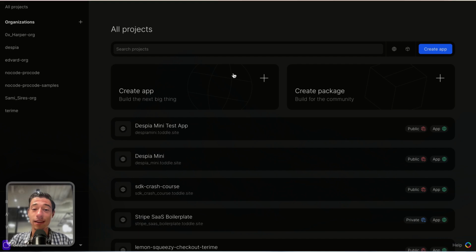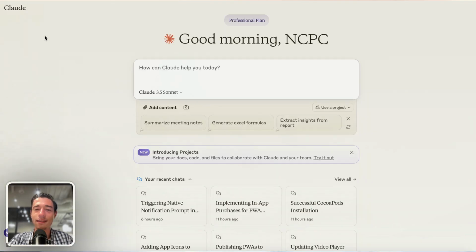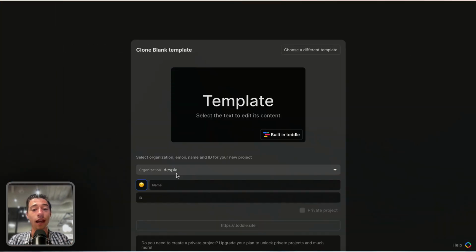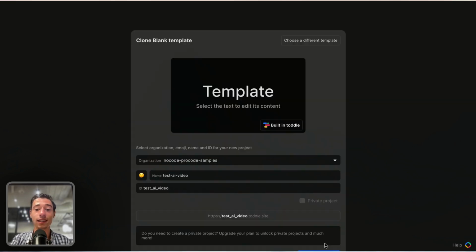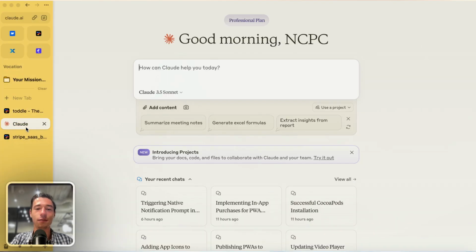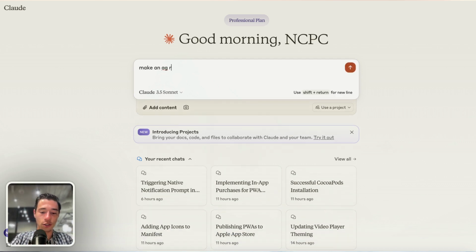And let's actually create an app together, and let's use AI to help us set up something inside of this no-code tool. It gets simpler if we combine no-code, low-code together with AI. So let's just go to my workspace here and let's do test AI video. Just like that. We create a project. And how about we build, I don't know, an AG grid, right? I don't know the documentation for AG grid off the top of my head. So I'm going to go to Claude and say, make an AG grid with fake sample data